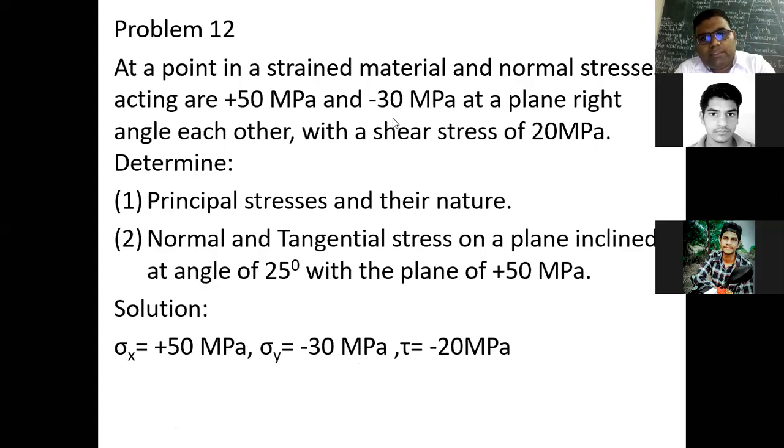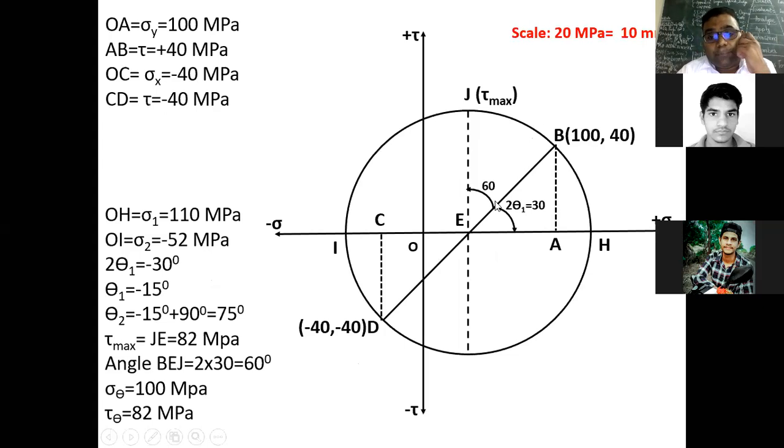Okay, no problem. You can see that. Just you see that this is plane BD. You measure from this plane to downward. This is a principal plane. This x-axis is now the principal plane, because the principal stresses are acting over this principal x-axis. So you have to measure downward. If you measure downward, it becomes downward.